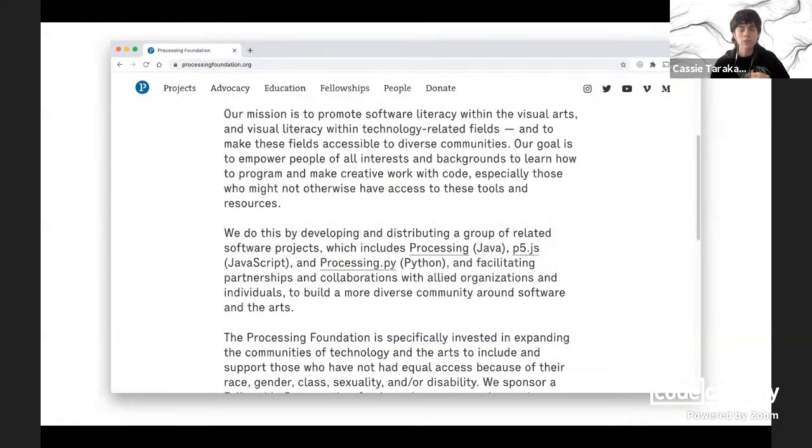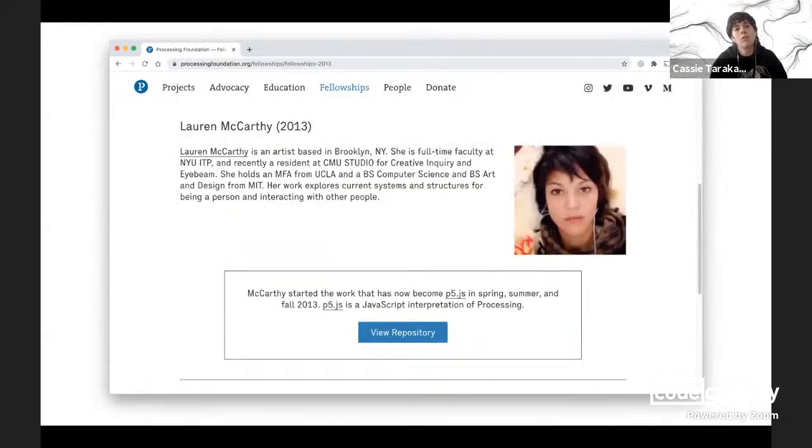And then in 2012 the foundation was created, and I think the idea here was that what was holding Processing together was academic support, and the foundation was a way to expand that, having a nonprofit entity that could fundraise and then pay people to create new things. And that's how p5 came about: Lauren Lee McCarthy had a fellowship project in 2013 to reimagine Processing